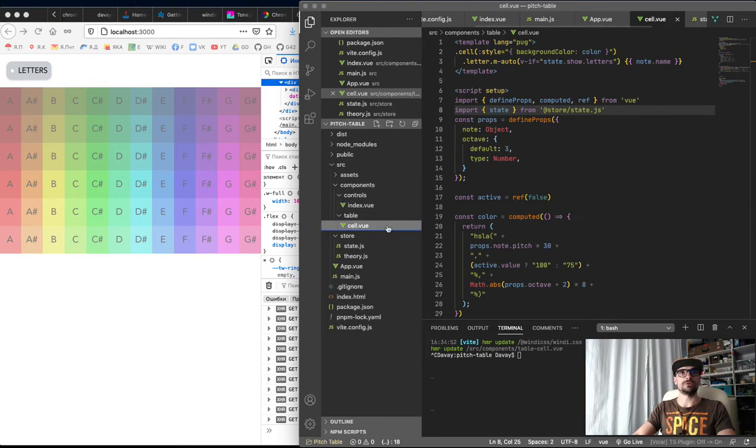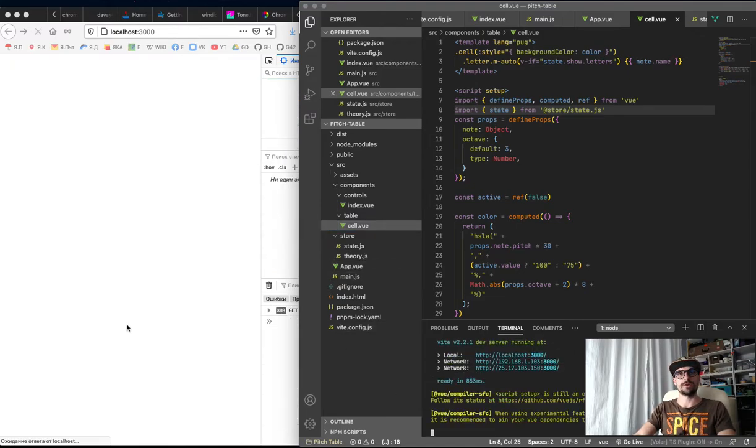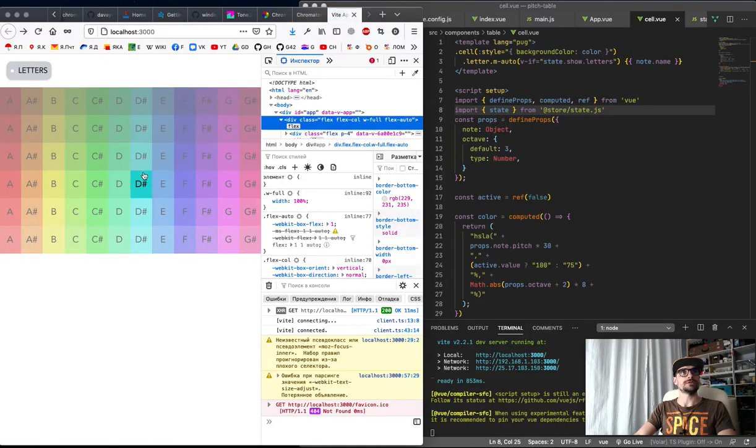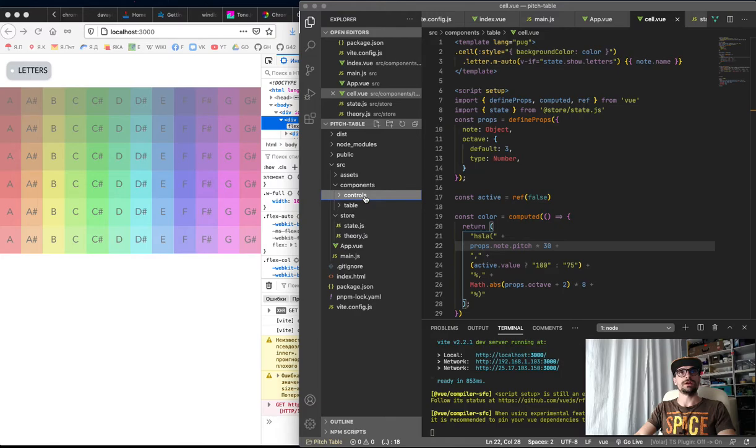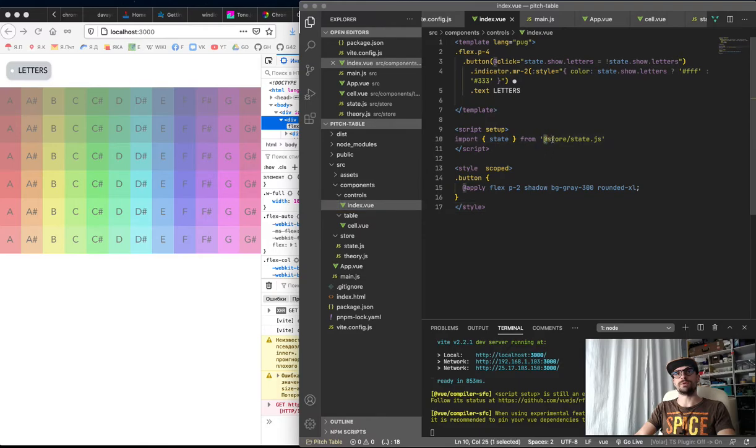So table cell will become cell, it's just index, and from this point I think it should work okay for us. Yes. So isn't it nice? So for now only one component in a whole folder, too many folders, but then we can add many other components, and it didn't break because of relative paths, it works as expected,